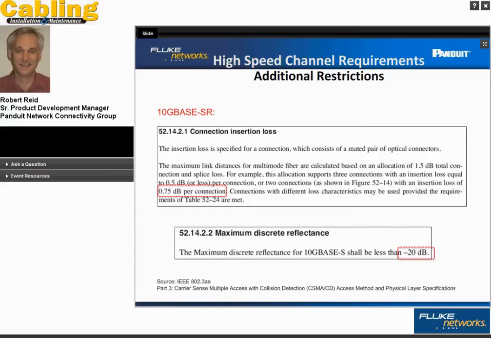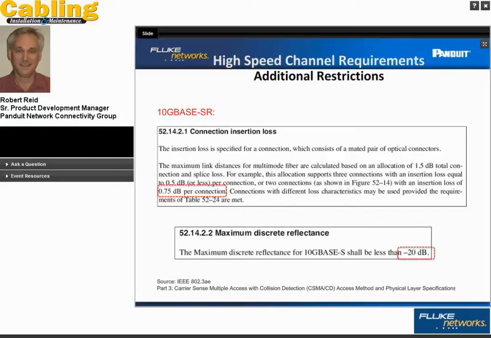The next paragraph down is discrete reflectance, and this is something that typically isn't measured in the field with Tier 1 testing, power testing, but it is something that you could potentially measure with Tier 2 testing, OTDR testing. And what this says is that the maximum discrete reflectance or return loss for the channel, so that's on a component basis, each connector shall have no less than 20 dB return loss or no greater than minus 20 dB